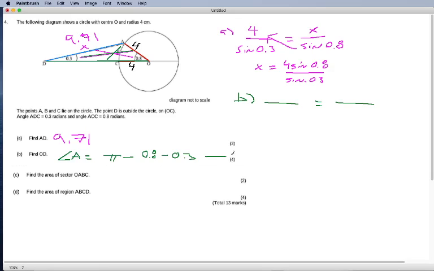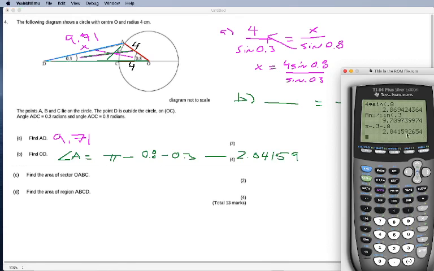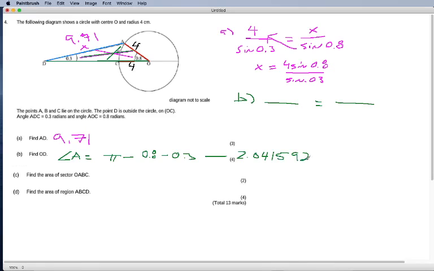And I'm going to make sure that I use this 2.04159. I'm going to make sure I use the long version of this answer here so that my significant figures aren't affected. So we can do that after with our calculator. So now that I have this value of this angle, we're going to go OD over sine of this value, which is angle A. So A and D, that's our criss. And our cross is 4 over sine of